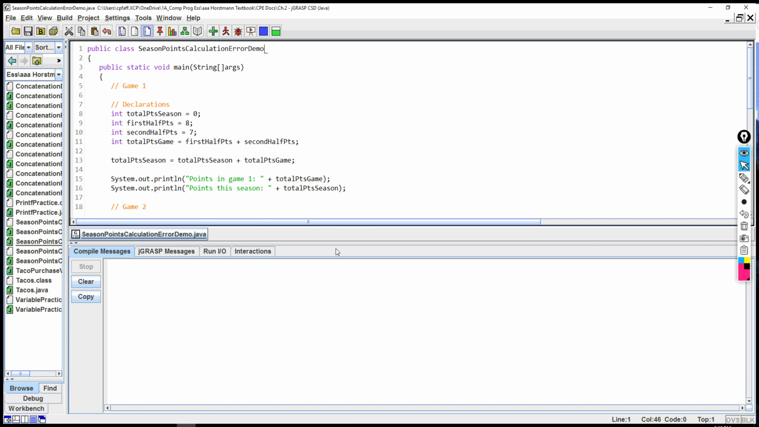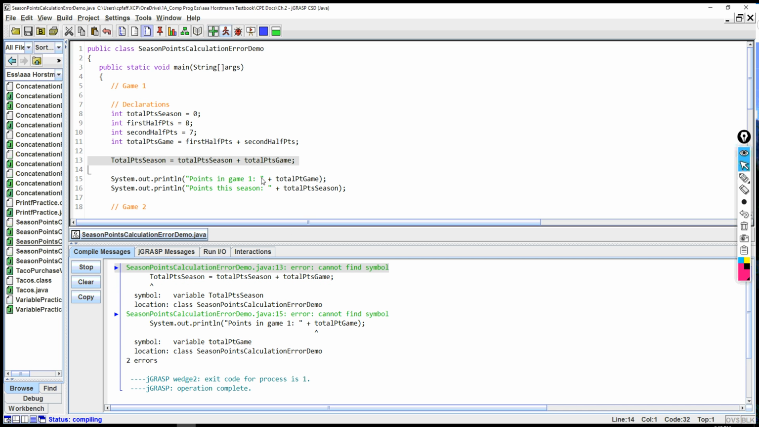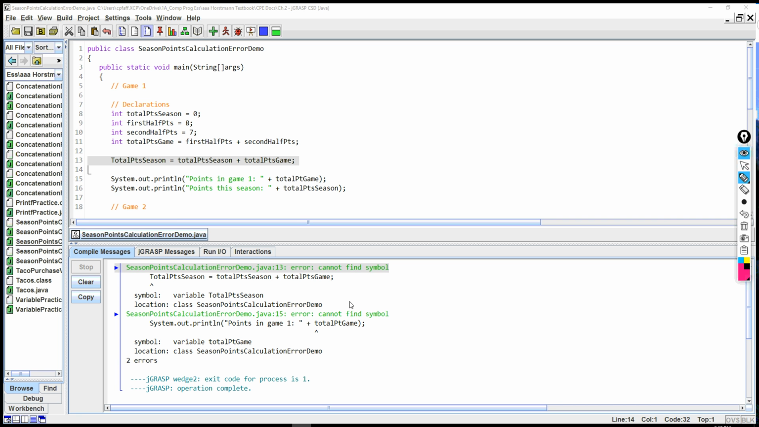So here's just a demonstration of one of the errors. Let's say that we take total points season and capitalize that, and then maybe here we leave out the S in total points gain. And so what we're going to do is compile this, and we see that we got some errors. You notice that it says down here that it can't find symbol, and the error is right here, total points season, and that's the place where we changed it to a capital